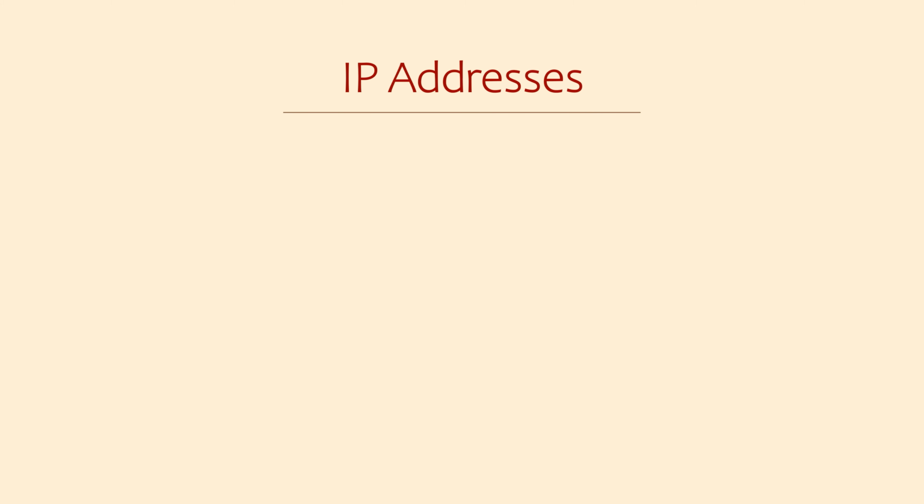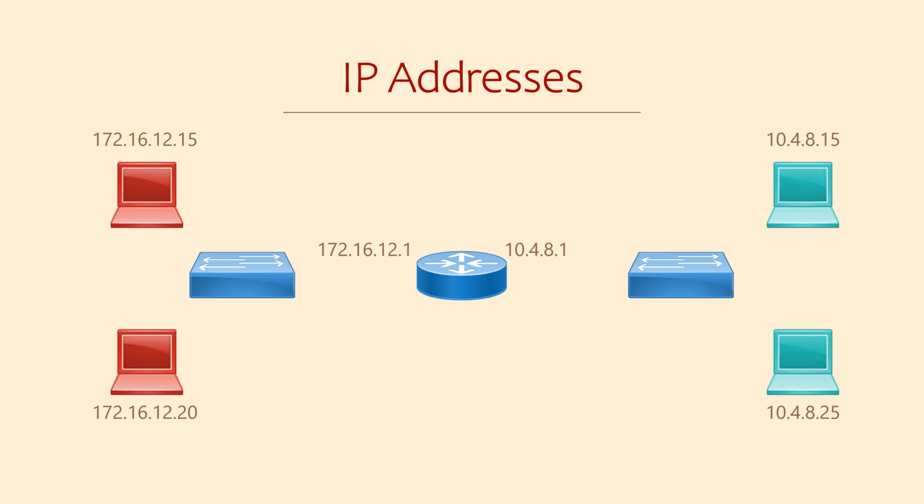Let's go back to something I said earlier. I said that routers forward packets from one network to another. In a sense, routers connect networks or subnets together. But how does the host device know when it needs a router's help? For that matter, how does it know where the router is? And if a router connects to more than one network, how does it know which one it's meant to forward the packet to?